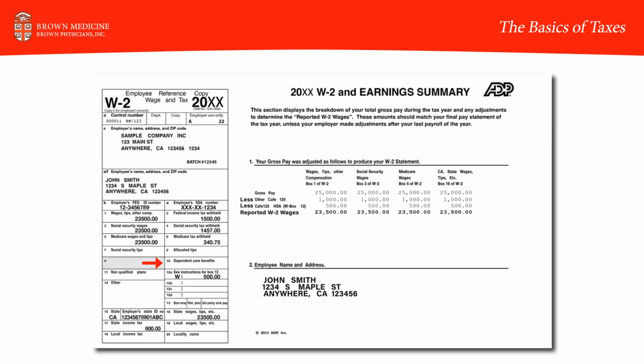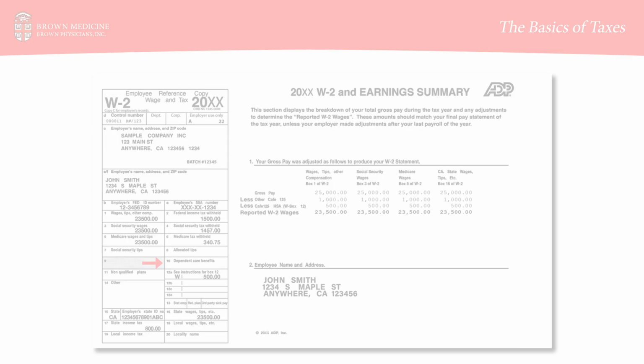Other things on there is box 10, which is dependent care. So that is basically when you have a dependent or a child that you're putting through daycare and both spouses are working and have earned income, you can elect to put up to $7,500 towards your daycare bills, or it could be after school care or camps, whatever it may be. And that is usually a program that your employer would let you take part in.